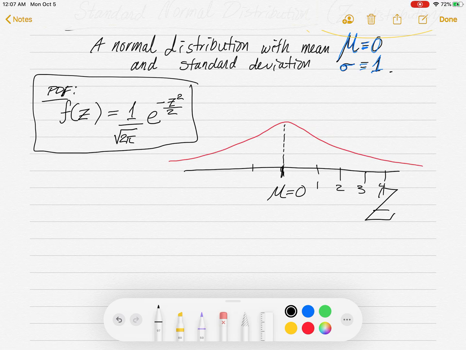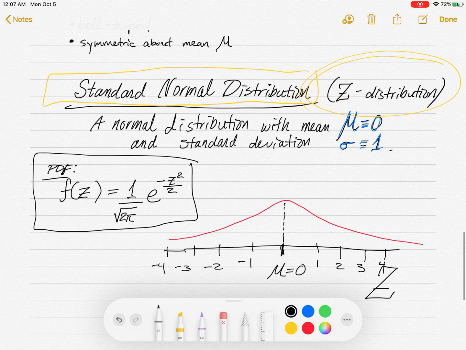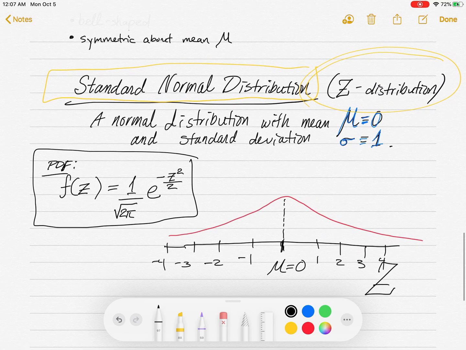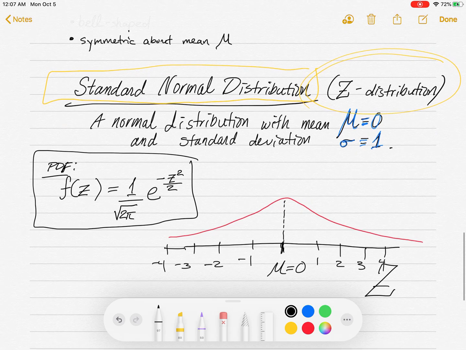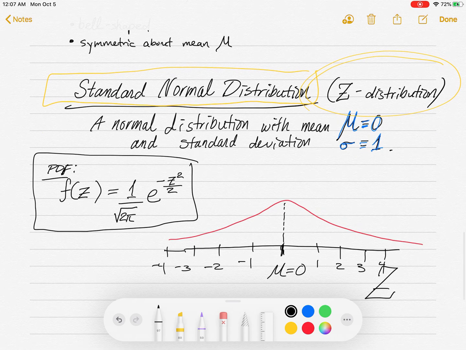So here you'd have a z-score of 1, z-score of 2, z-score of 3, z-score of 4, and so on. And on the opposite side of 0, you'd have a z-score of -1, -2, -3, -4, and so on and so forth. So 0 is right at the center. You got the positive z-scores to the right of 0, the negative z-scores to the left of 0. So very important. All right, so I guess the next big task is to